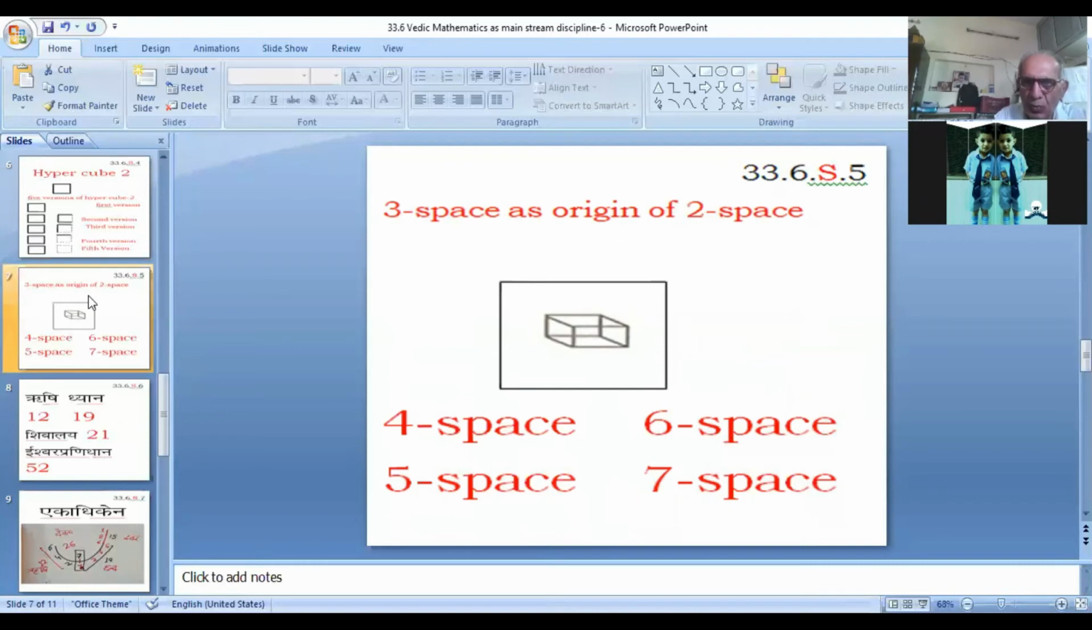Hypercube 2 is a 2 space body in 3 space. 3 space plays the role of origin of a 2 space. Therefore, when two space in its fifth version will be a two space domain free of all the four boundary components,